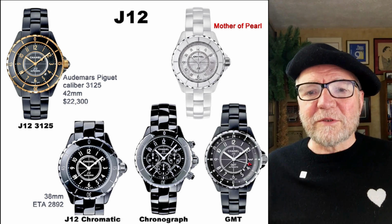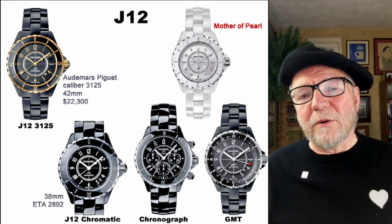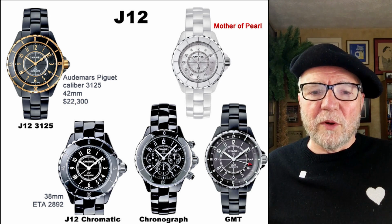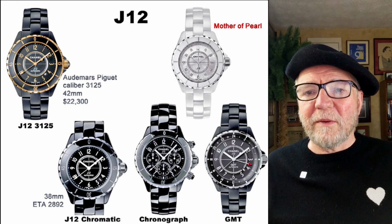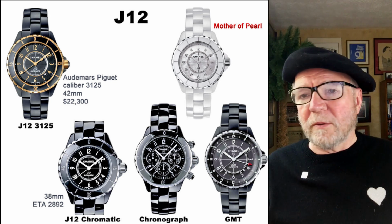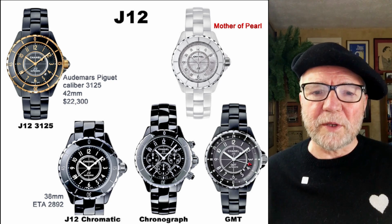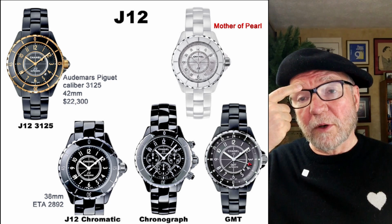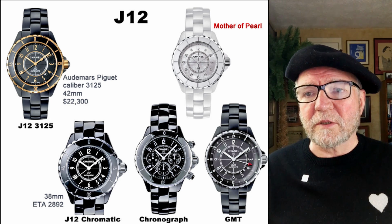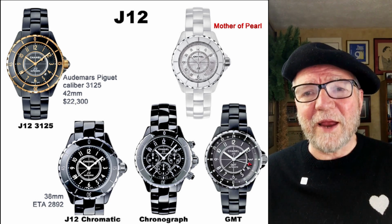The J12 is sort of an interesting one. The first one that I ran across was the J12 Chromatic, and it's 38 millimeter. It runs on an ETA 2892. I don't know if there was much modification to it, but you can pick these up for some pretty good prices. They use a lot of ceramic in the Chanel models, and they're not advertised